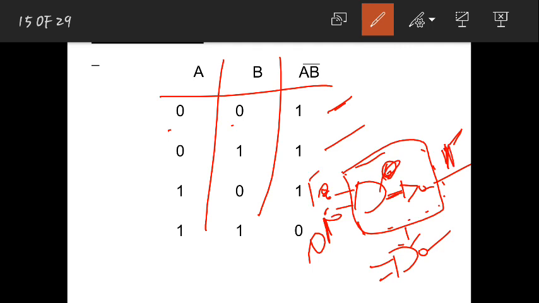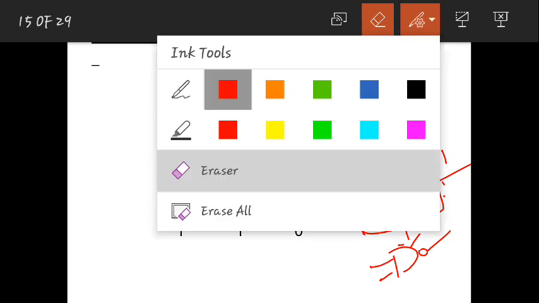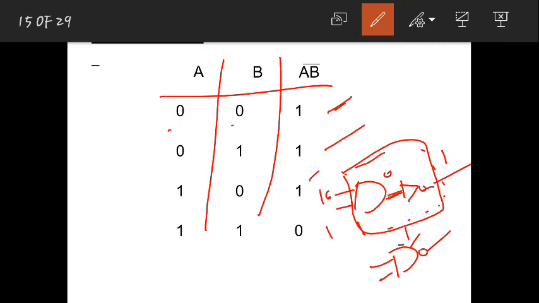Next, whenever I give the inputs 1 and 1, the output here will be 1, and when 1 is passed to the NOT gate, it will complement it and become 0. So the output is 0. In this way, when any one input to this NAND gate is 0, the output is always 1. Only when both inputs are 1, the output will be 0. You can define it in this way. So this is all about the NAND gate.